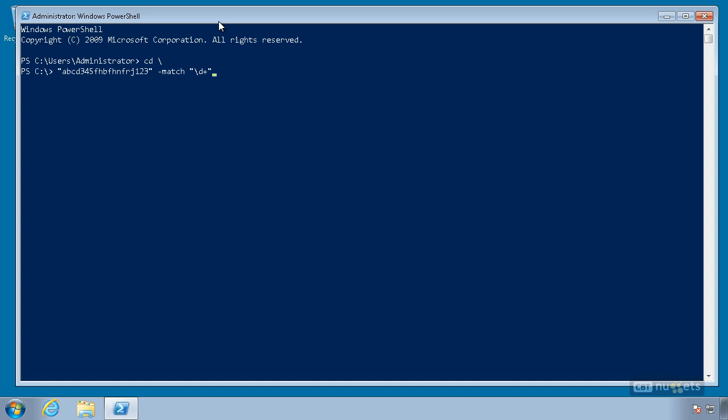Now, there's a couple different versions of this. Match is case insensitive. CMatch would be case sensitive, although for digits it wouldn't matter either way. You've also got not match, which simply reverses the logic. So if there is a match, this will return false, and if there isn't a match, it will return true. And there's also a C not match, which is the case-sensitive version. We'll just play with match. Now this always returns either a true or a false if there is a match or not. And it also